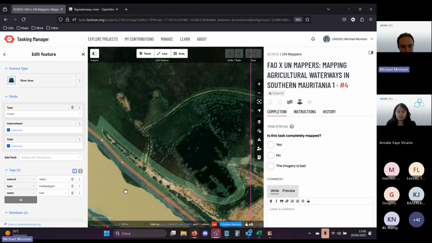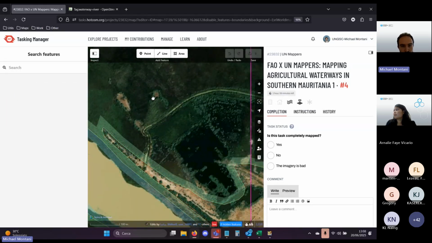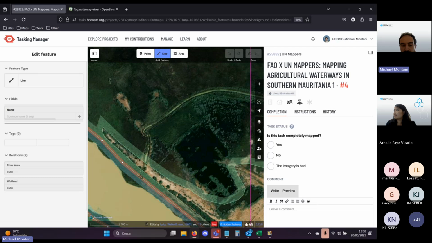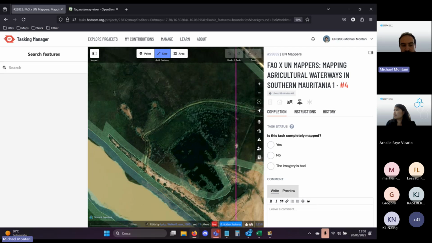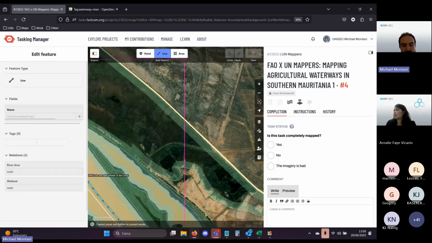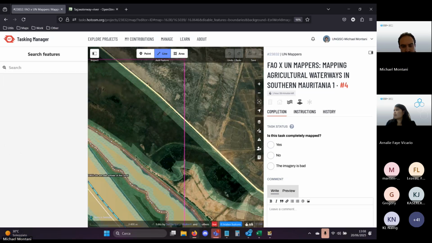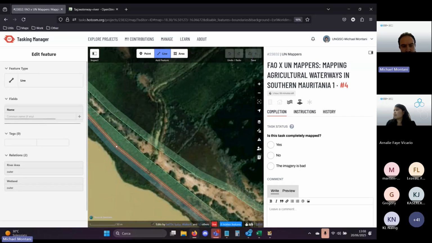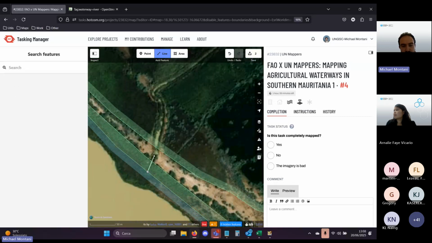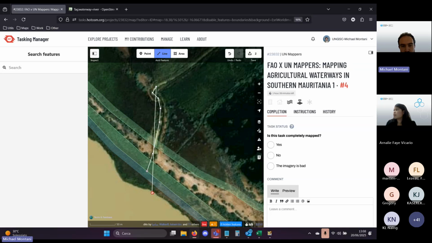And what I should do is just draw the canal. So how to do it? I click here on line, add feature. I connect only the river bank. In this case, I have this waterway area here, and I can connect. So I will start the node from this point without connecting to the other ones. I'm not interested in connecting it to the wetlands. I'm just passing through and going this way.